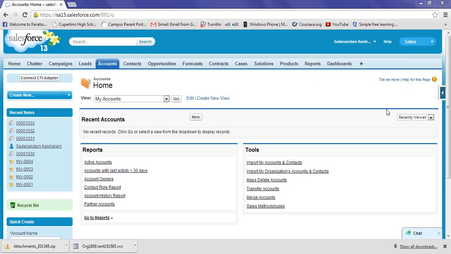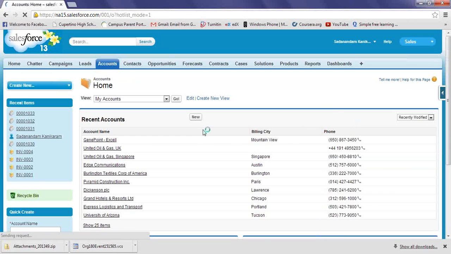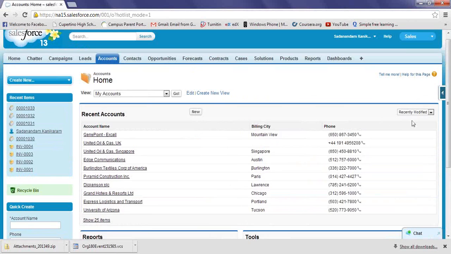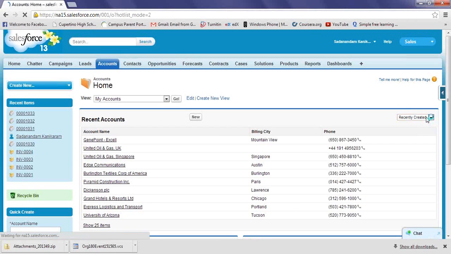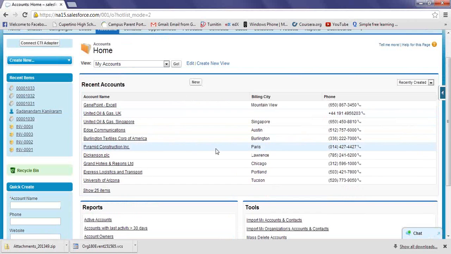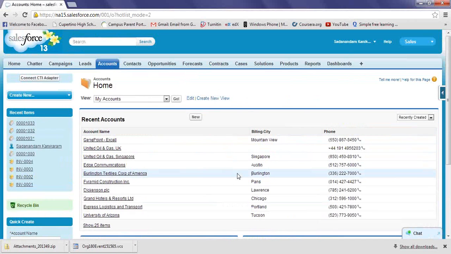Also on the right side, for the recent accounts you have other filters like recently created, recently modified, and recently viewed. If you do this filtering, it will show the recently modified accounts. And if I say recently created, it will show the recently created accounts. So this is called the accounts tab.